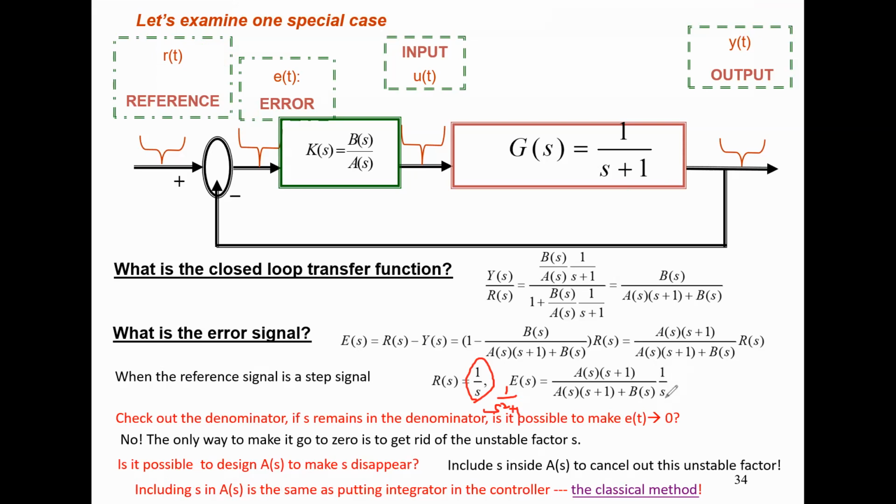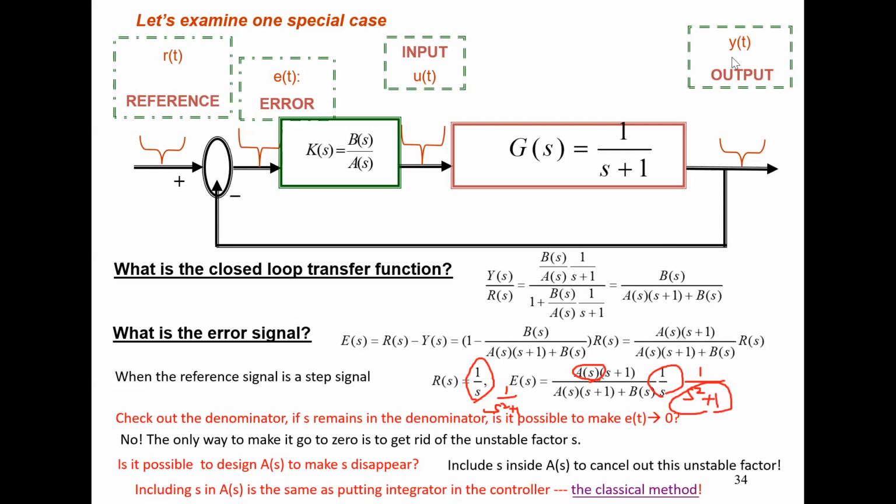I can use the same example to show, okay, which means this one is 1 over s squared plus 1. And we want to make those e equal to 0. We also have to make this one disappear, right? Which means you have to design those s squared plus 1 as a part of your controller. So that is the idea. We have to get rid of those unstable factors in your reference signal to make the error signal go to 0. Okay, so that is the idea we're going to follow